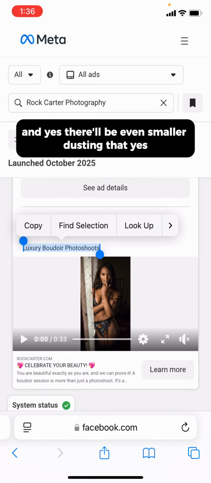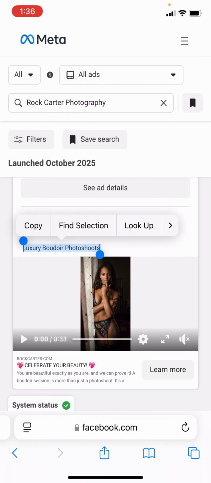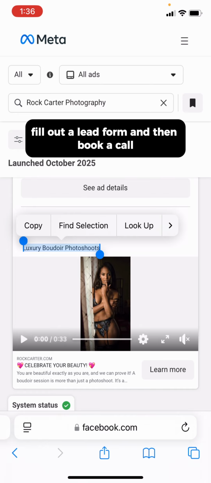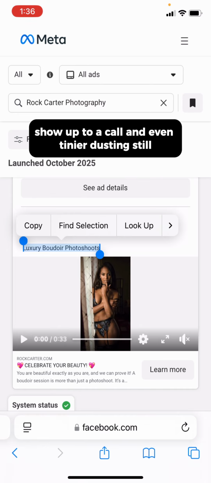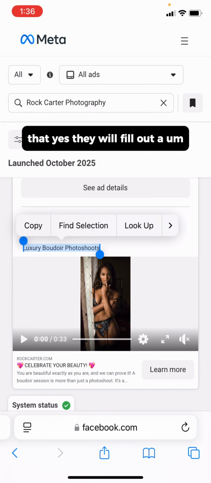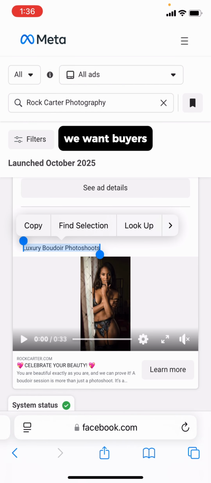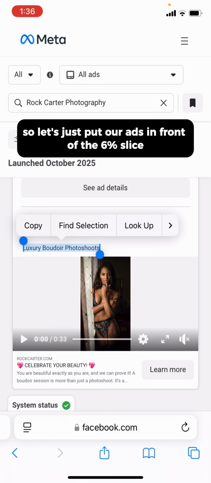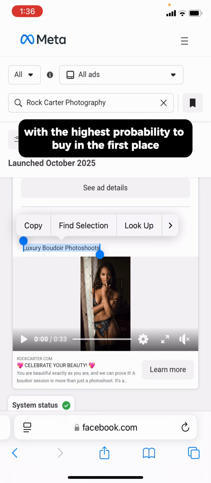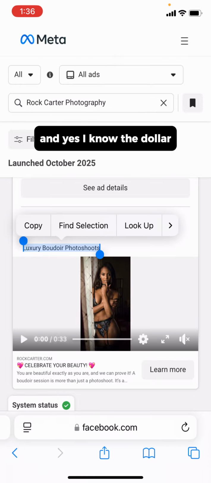And yes, there'll be an even smaller dusting that, yes, they will fill out a lead form and then book a call, show up to a call. And an even tinier dusting still that, yes, they will fill out a lead form and also buy. But dude, we want buyers. So let's just put our ads in front of the 6% slice with the highest probability to buy in the first place. And yes, I know the $1, $1.50, $2, $3 leads are nice, cool, cheap leads. We're filling our email list, but